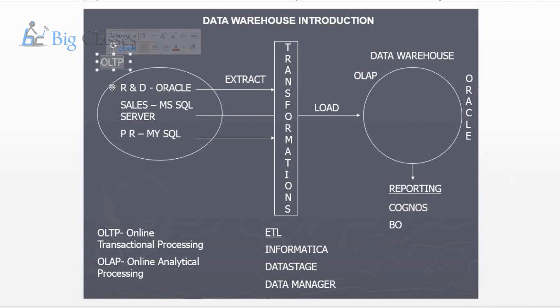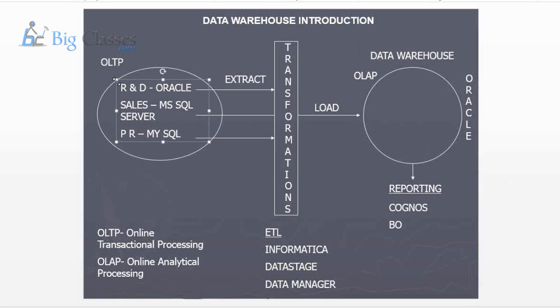The OLTP system is basically for customer purposes. For example, as a customer of a bank, if you deposit or withdraw something, or do ATM transactions, POS transactions, or online transactions, everything will be recorded in this OLTP system itself. So hits for this source system are very high, so the database server needs to work as fast as possible. That is why OLTP systems are normalized systems. Any idea about normalization?